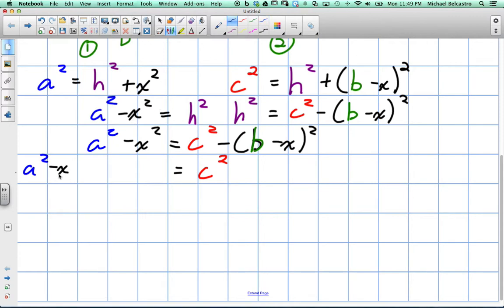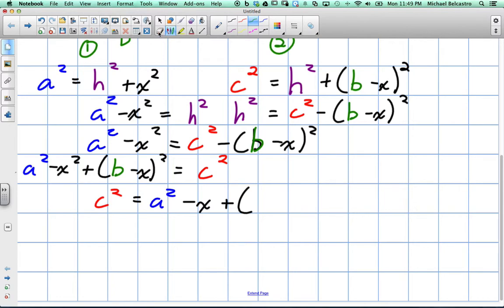minus x squared. And then when this bracket has this negative in front of it on the right, when we move it to the left side of the equation, it will become plus b minus x squared. And we're going to switch everything around just because in our cosine law, we happen to have c squared on the left. So c squared is equal to, and we'll rewrite it over here, a squared. And we've made no progress in this step. I'm just rearranging things so it's a little more familiar looking to us, plus